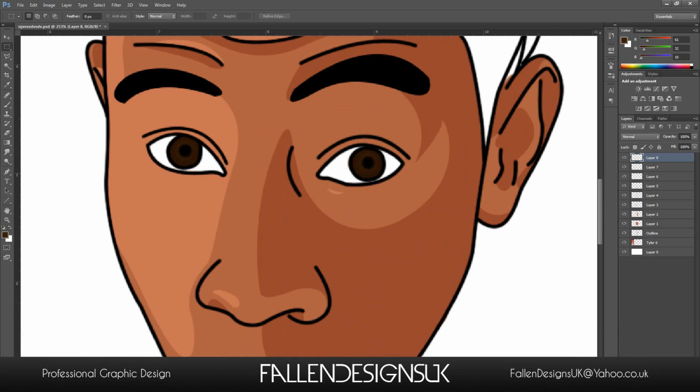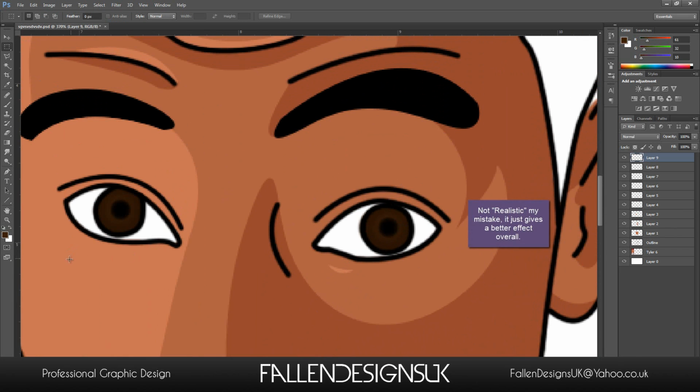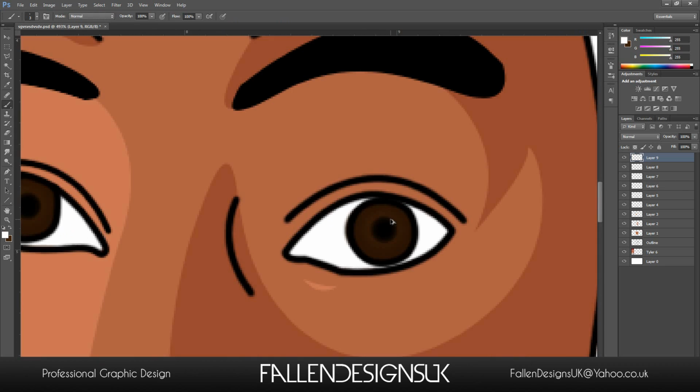And just to add a little bit more to the eyes so it looks slightly more realistic, you can press X on your keyboard here if the background's already white, which just swaps them around like that. So you want to get white, make a new layer, get your brush, make sure your hardness is on 100, and you're just going to make it fairly big, not too big. Click there, and then